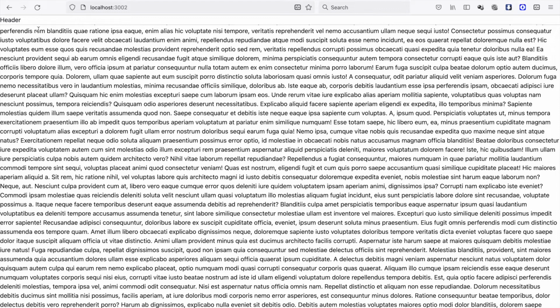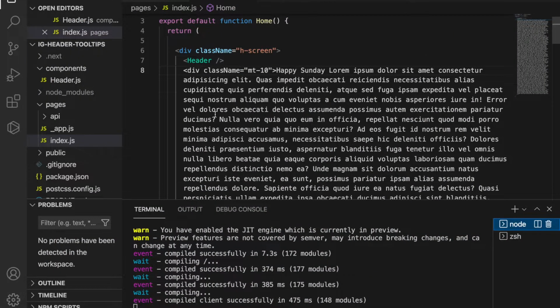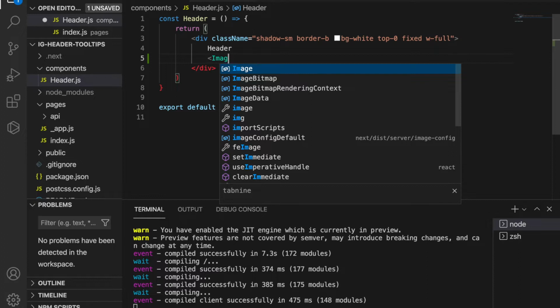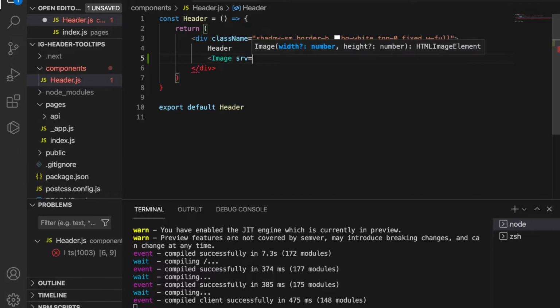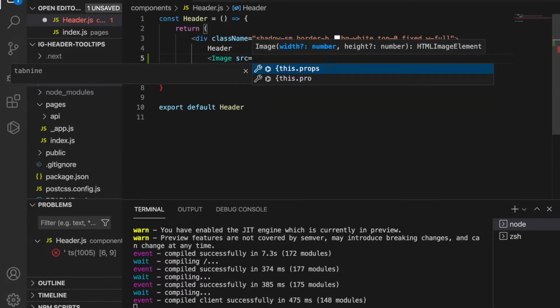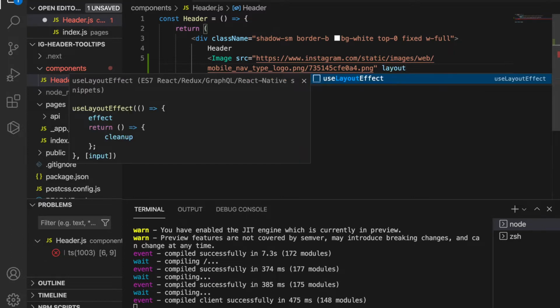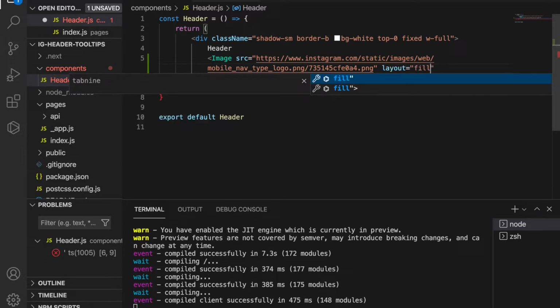Now we are going to add the logo to the headers instead of just typing the text header. So now we go back to the header and go back to the component, and we replace this with the Image component from NextJS. So we type image source, and then we type the link, and we just copy the link from the Instagram. So we paste it here, and then we type the layout is equal to view, and the object